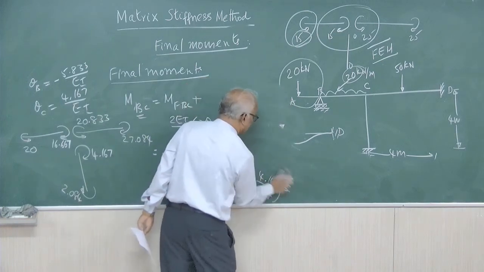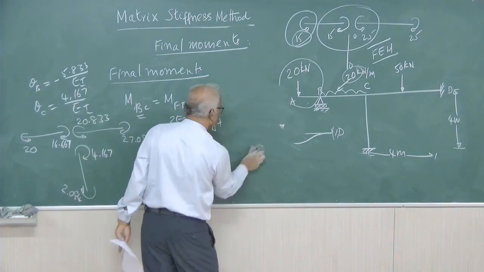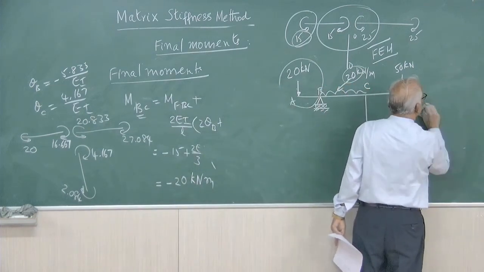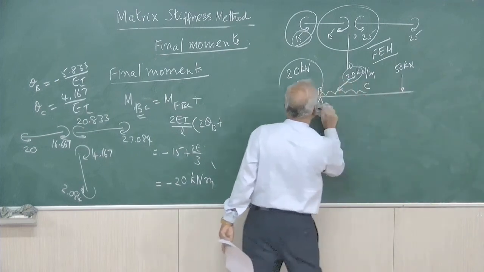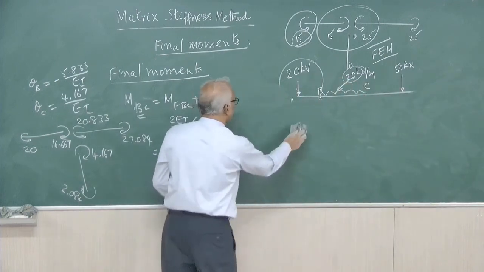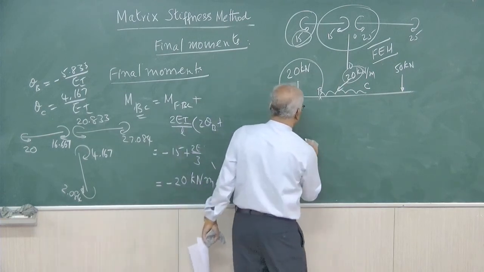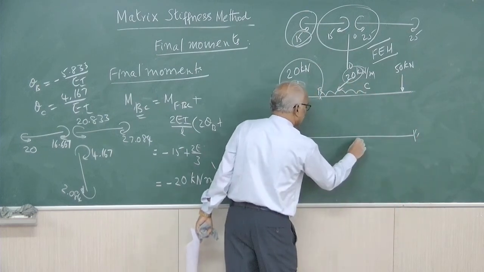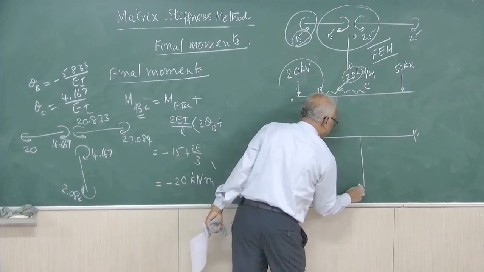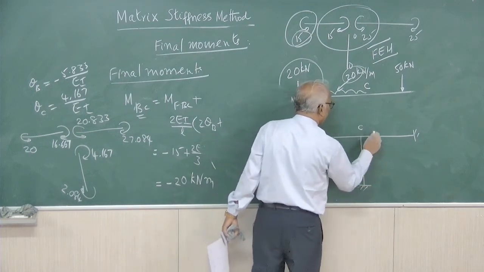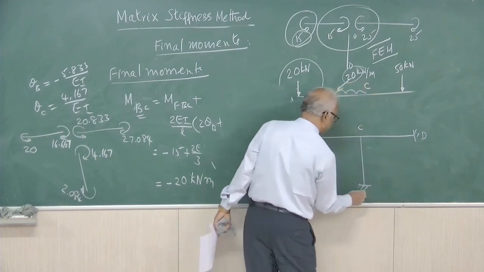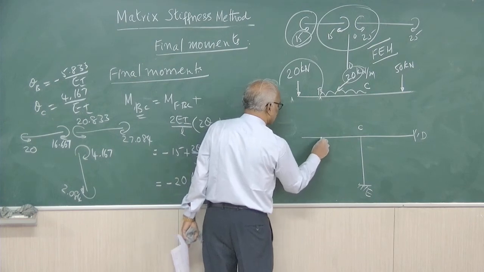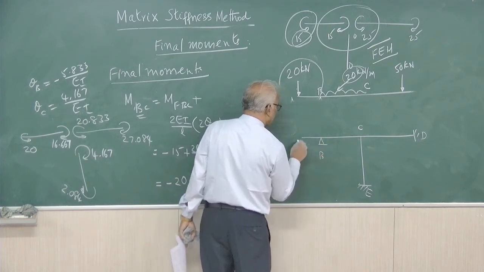I will just skip these calculations, these are easy, so the viewers can easily do it. So, that is why we have not spent time on this. Right. Now, coming to the bending moment diagram, this is the structure, this is C, this is D, this is E, and here we have B. So, this is our B, this is A.